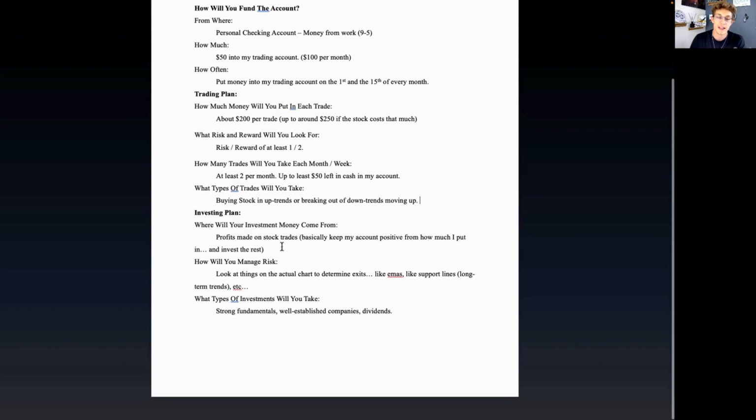Now the investment plan. You might notice I haven't really changed anything much yet, but the investing plan is where I want to change things around a little bit because I want to be doing more investing. I realize that the current investing plan that I have is a good plan. It makes sense. However, it doesn't allow me to show the investing the way that I really like to show it. And this is not far off from some of the trading that I've done in my personal accounts. Not far from the investing plan I've made there. But I want to make sure that I give good examples.